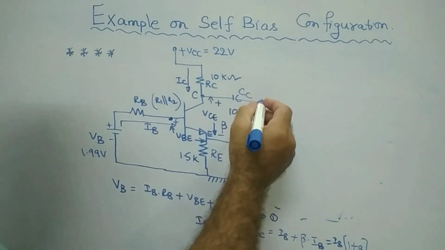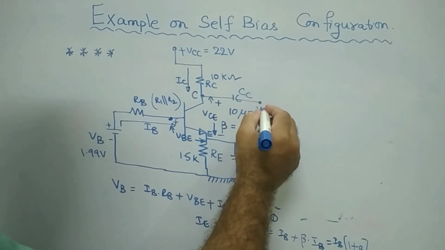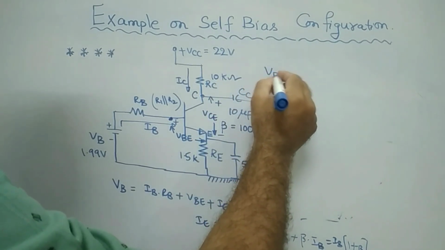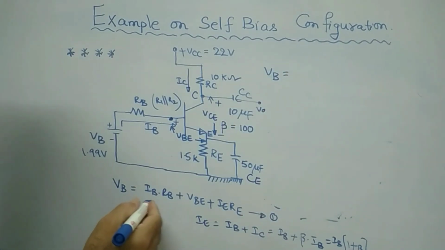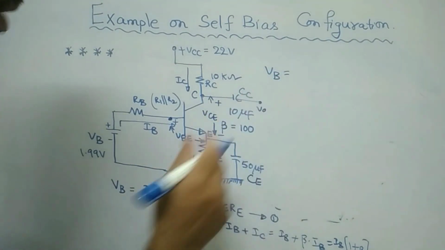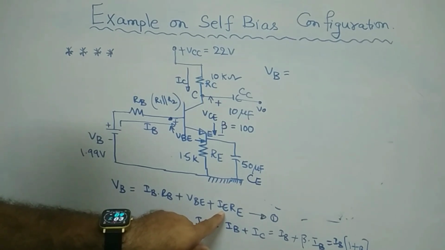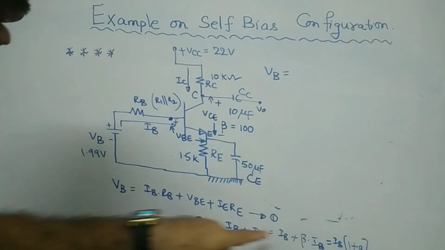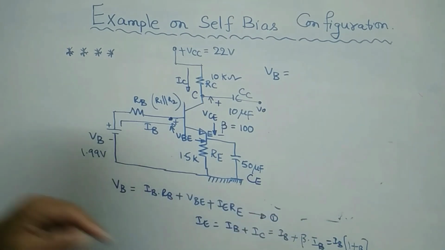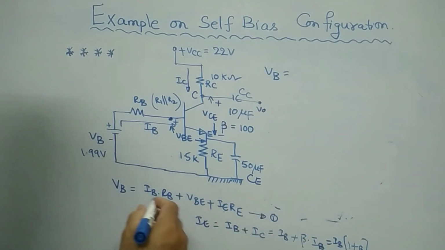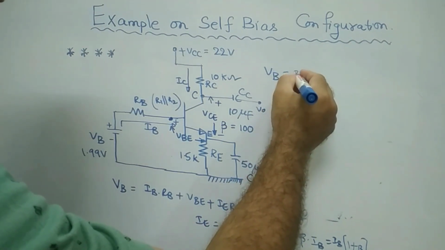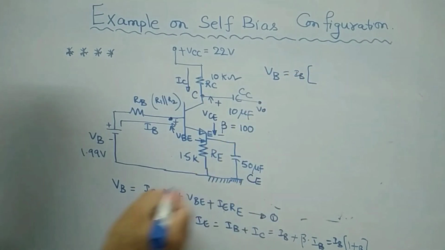So it is V out, already I have given in the circuit, no problem. Therefore, from here, your VB is equal to what? IB into RB. Therefore, at this place, for IE, you write IE is equal to IB times 1 plus beta. Take IB as common there. From here, if you take IB as common, then what you will get, RB